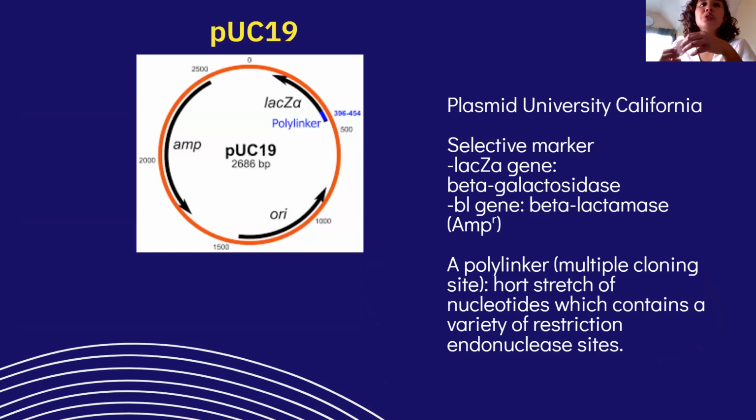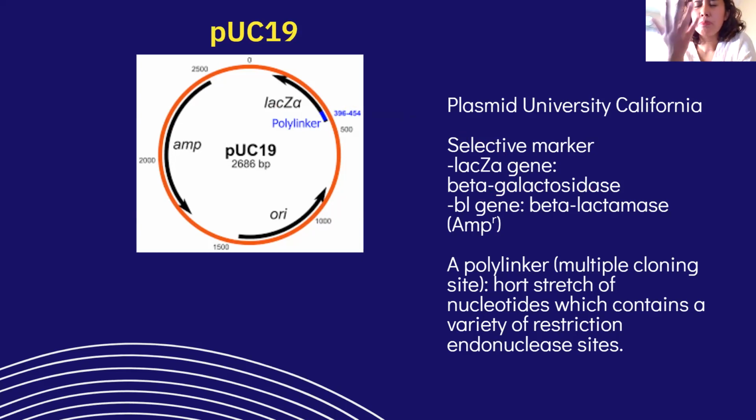Next guys, we have pUC19. So P means plasmid, U means university, C means California. pUC19 has the lacZα gene. So this lacZα gene produces beta-galactosidase. And when the beta-galactosidase